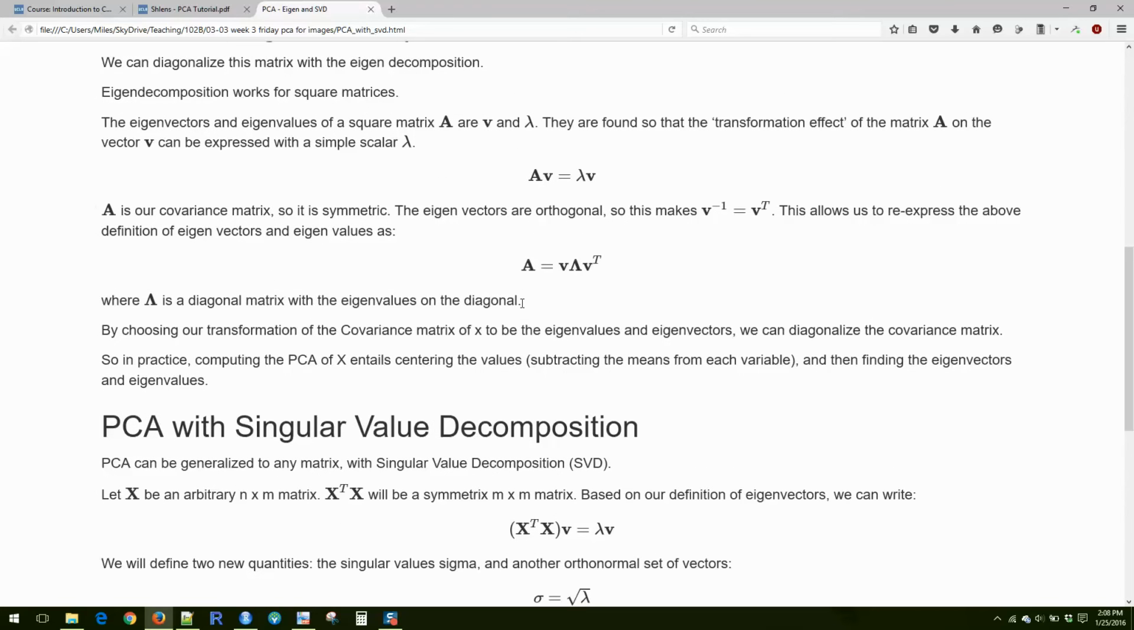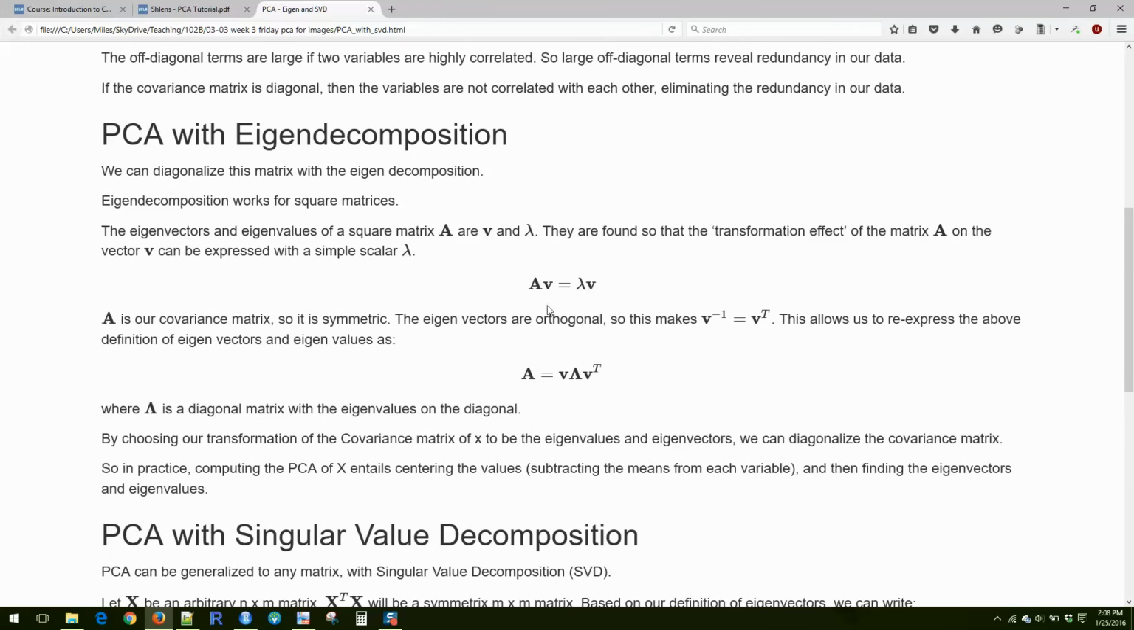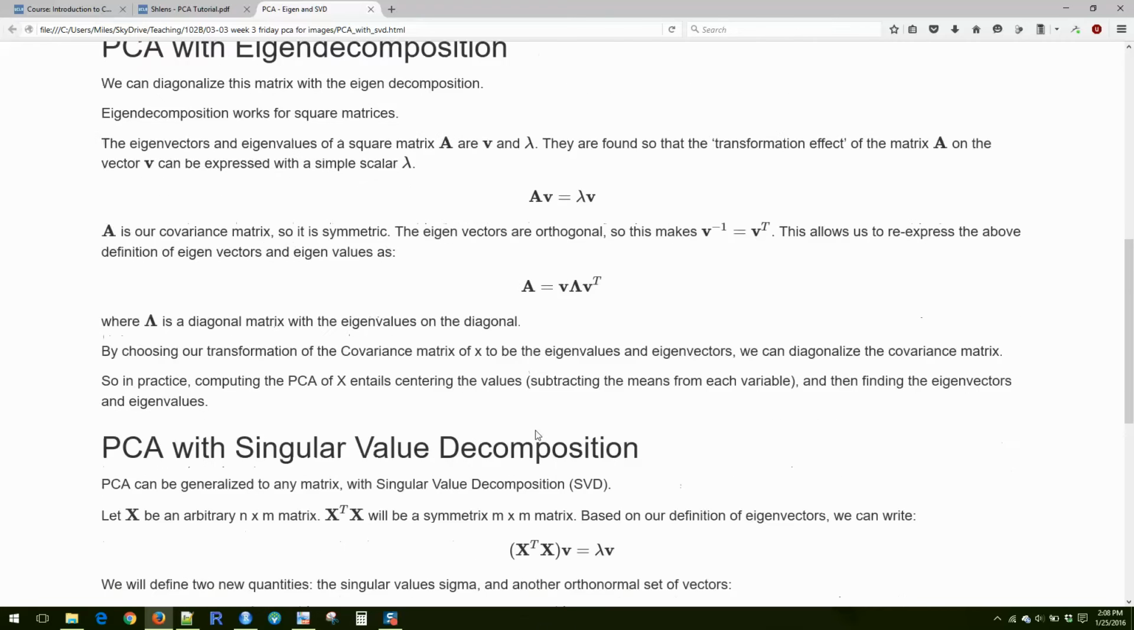Are you guys familiar with singular value decomposition? Maybe, maybe not. Okay, so singular value decomposition is highly related to Eigen decomposition, except Eigen decomposition must be applied to square matrices. With singular value decomposition, we can generalize this to non-square matrices, okay? And so